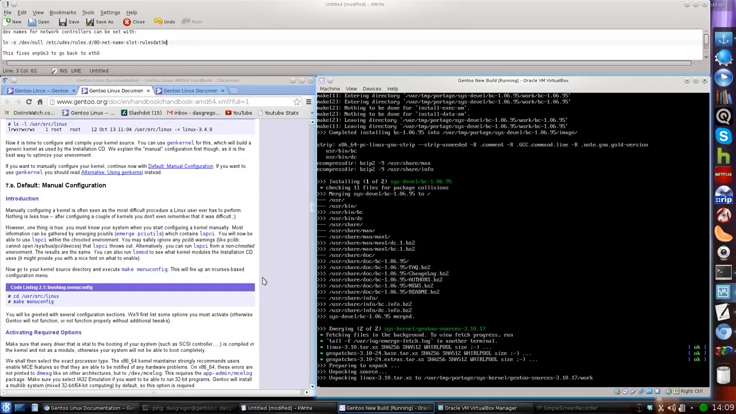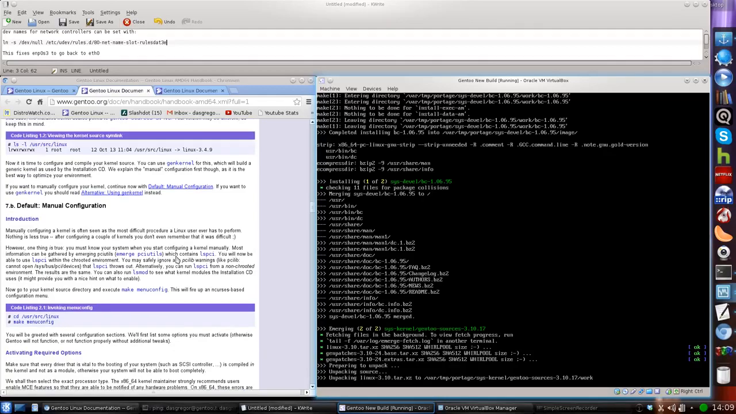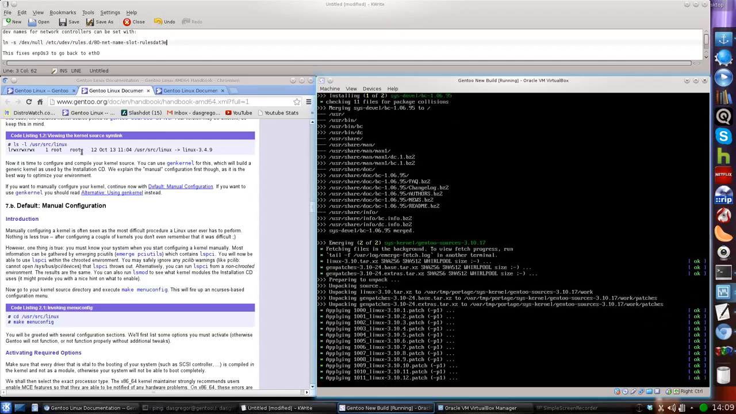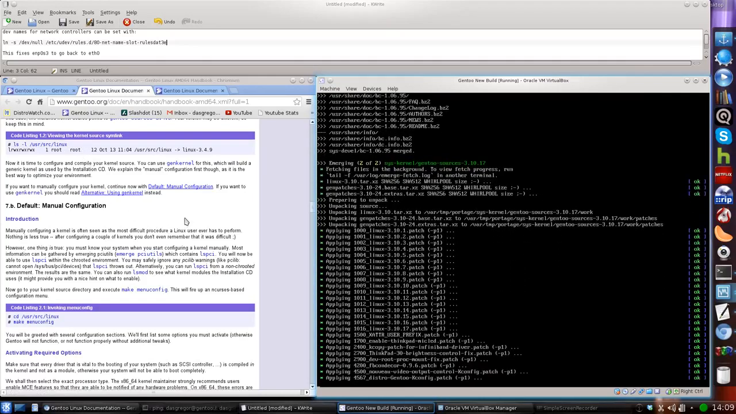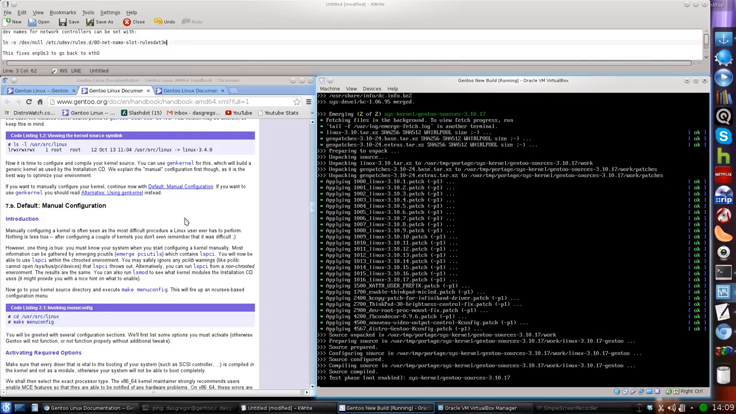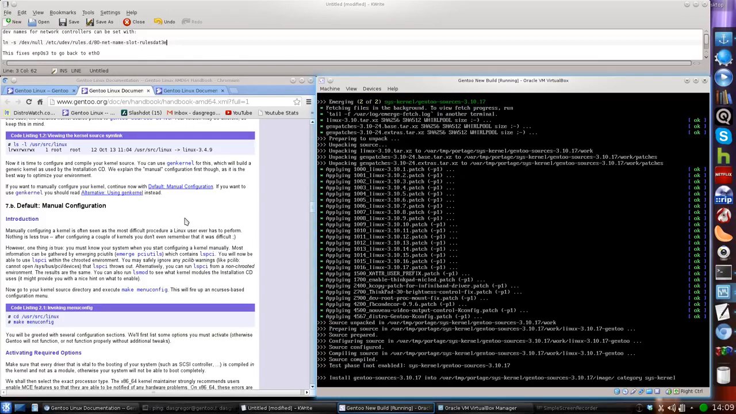It's just grabbing those sources. So that won't take too much longer. But once we do that, then we will verify that /usr/src/linux is set properly, and we will move on. Another thing about that is that if you have multiple kernels installed on the system, then, or at least